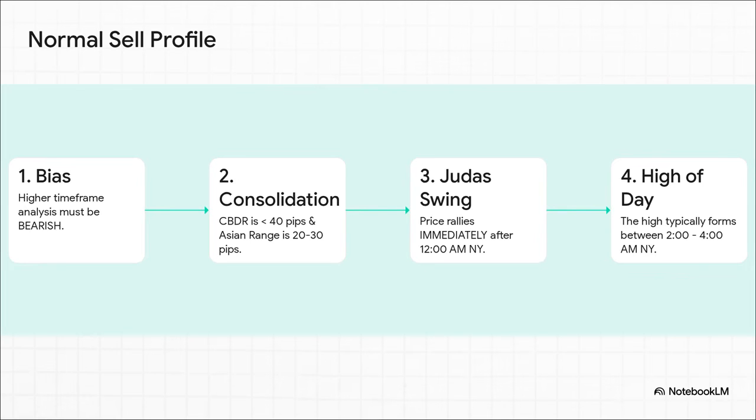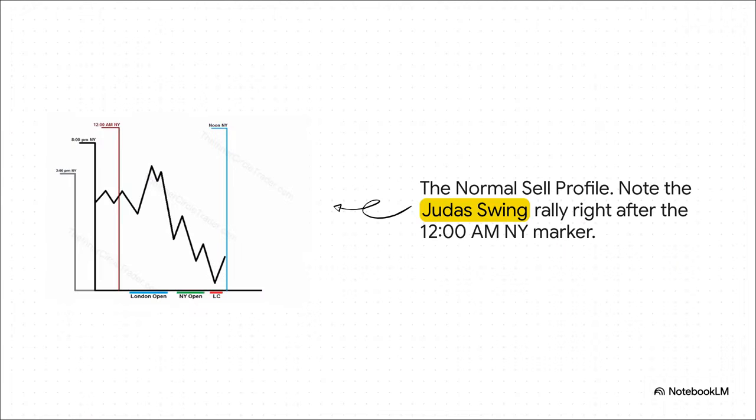And 4 a.m. And this picture shows that exact scenario perfectly. You see the consolidation, right? Then boom, right after that 12 a.m. vertical line, the price shoots up. That's your Judas swing. It's sucking in all the hopeful buyers right before the floor drops out and the real